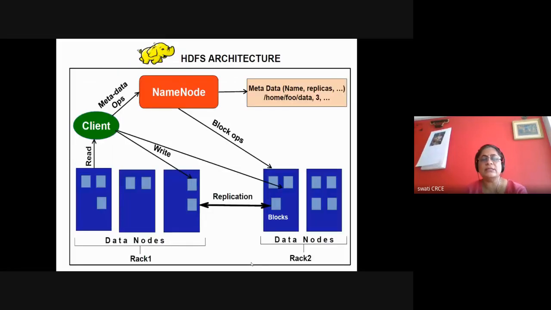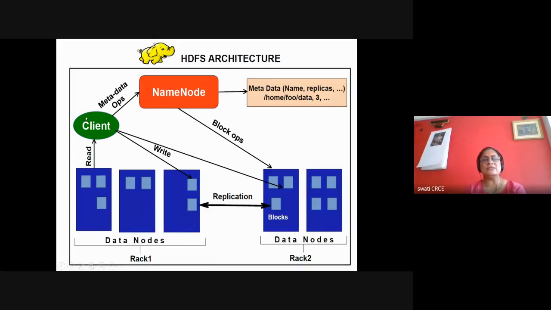Now I'm just showing you this diagram first to understand what the components of HDFS are. We are now considering the component HDFS, and how HDFS works. In HDFS, you can see that there is a client. Client means a client application, through which a user is interacting. The client application can be written as a Java program, a Python program, a PySpark program, or it can be a simple HDFS command.